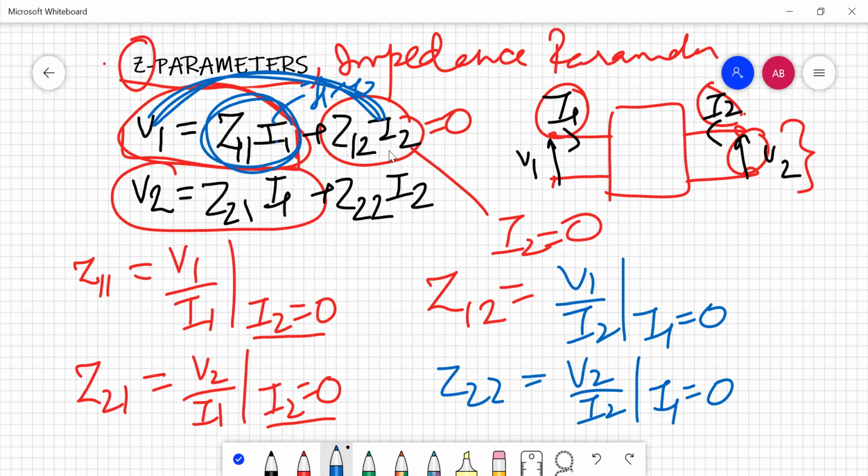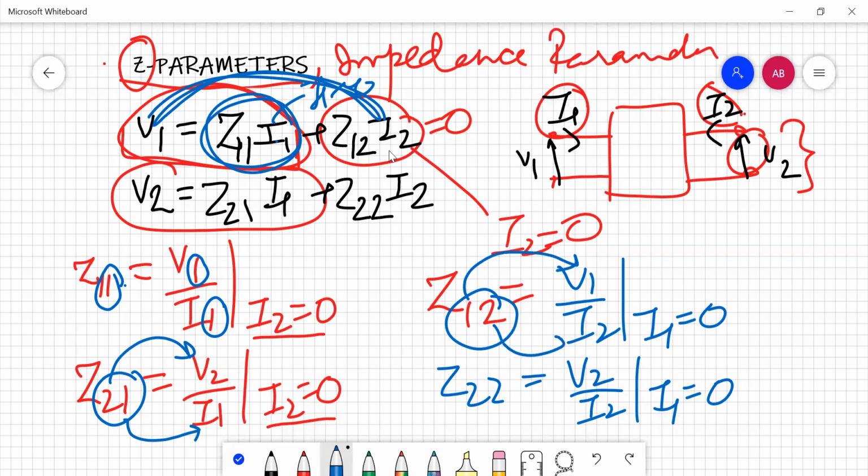If you want to remember it, just remember it with the subscript. Just check here. This is 1, 1, that indicates 1 and 1 over here. This is Z21: 2 stands for the numerator and 1 stands for the denominator subscript. Similarly, Z12 here: 1 for the numerator and this for the denominator. Obviously, the formula remains the same, V upon I. So whatever term we indicate, if it is V1 upon I1, then it will be Z11. If it is V1 upon I2, Z12. If it is V2 upon I2, Z22. And if it is V2 upon I1, it will be Z21. So this is how you have to learn that.